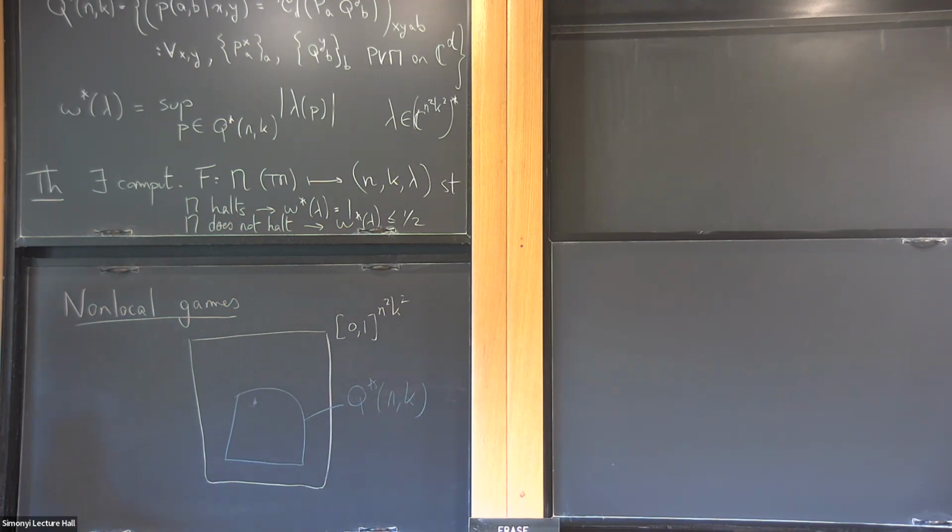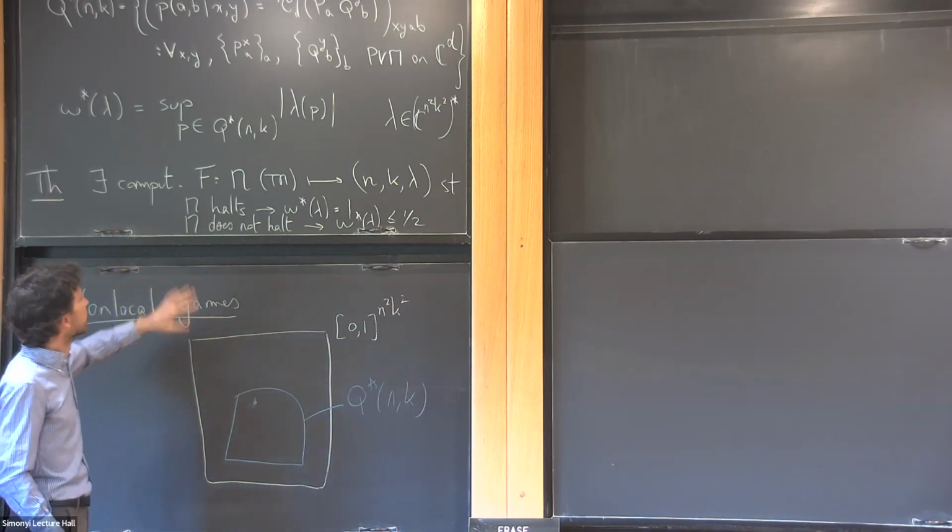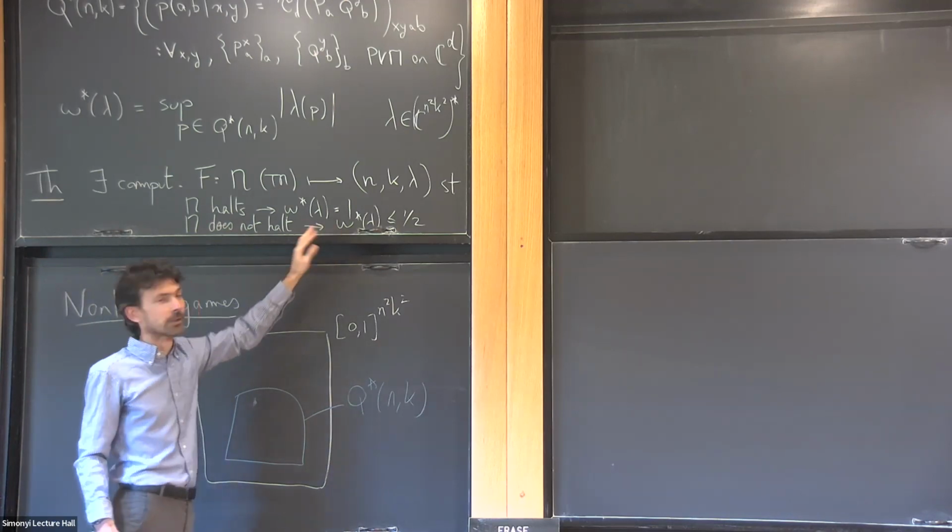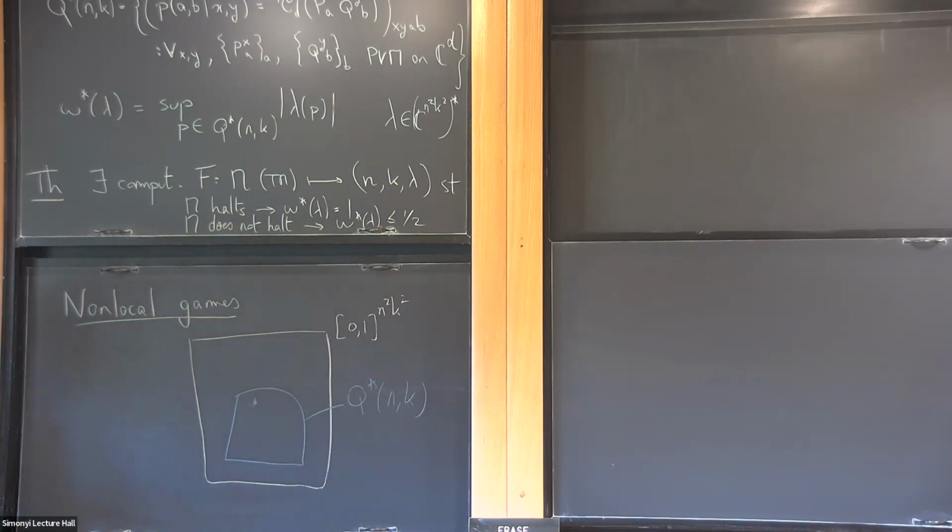Okay, so to carry out this program, we need to be able to construct linear functions lambda that are interesting. We need to be able to construct them so that they are more and more complicated, to the point where we can embed a really complex problem into just a simple question about lambda. So the goal for today is to give you a little bit of ideas on where these lambdas come from. And they're going to come from two different directions. One is the theory of non-local games, which comes from the foundations of quantum mechanics, let's say. And the other is complexity theory. So we see complexity theory show up halfway through the lecture and give us ideas to construct the lambdas.